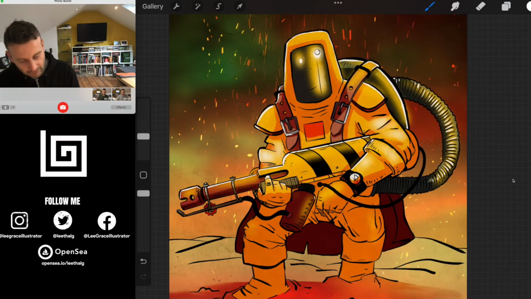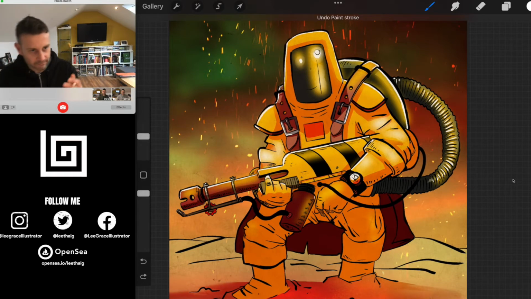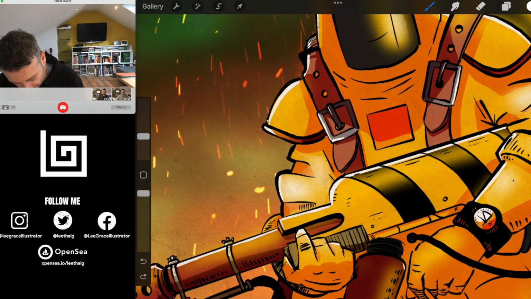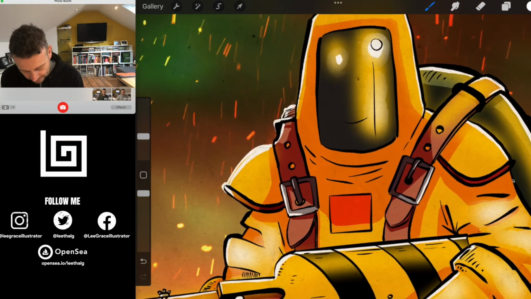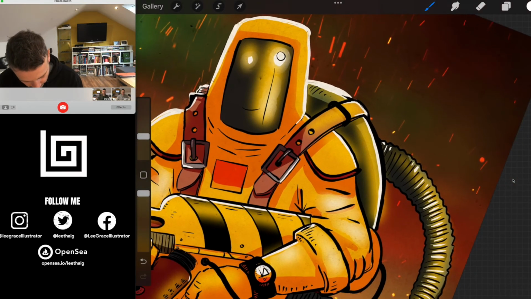Now, because the alpha lock is on, I can literally draw anywhere on the ink and it will only draw on the ink. So that's what we want. So I'm just going to see what that works out like for the edges here for extreme kind of highlight points or pinpoints. Yeah, this will work out nice, I think. Doesn't have to be the whole thing. I'm just kind of